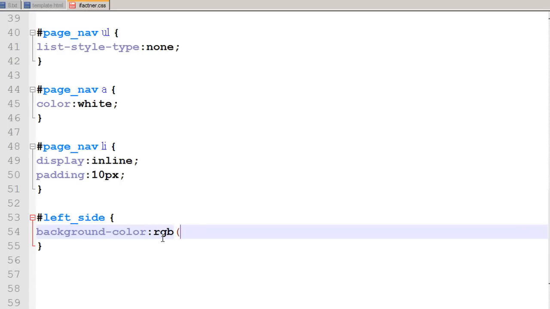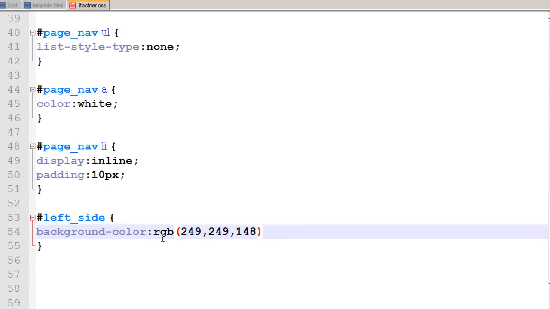I write RGB, and I have already noted the RGB value of that yellow color to be something around 249 and 148. The RGB values are from 0 to 255 for red, 0 to 255 for green, and 0 to 255 for blue. So it is something like